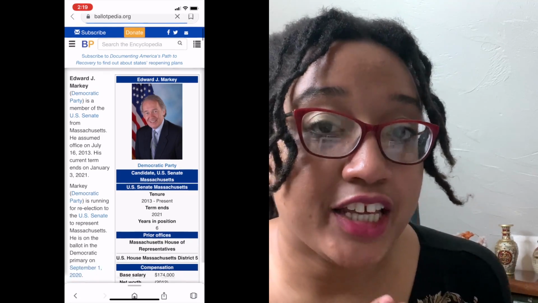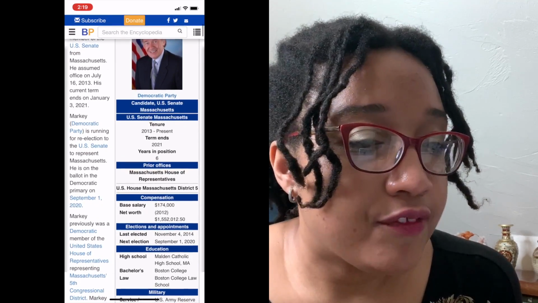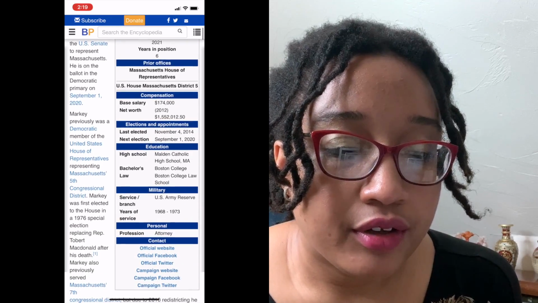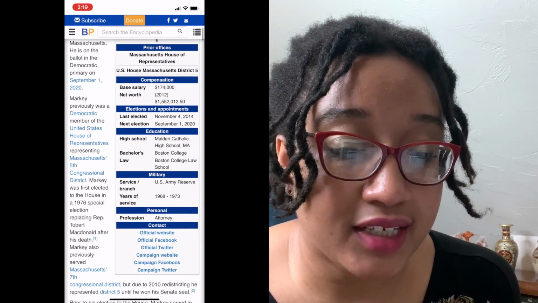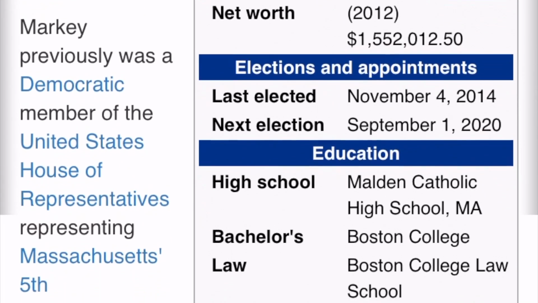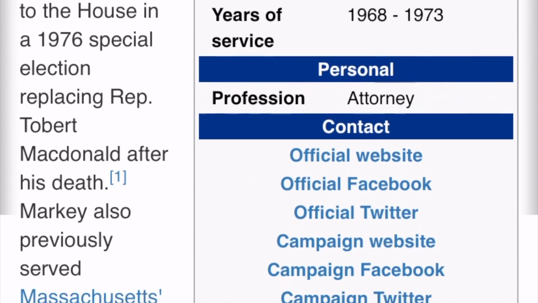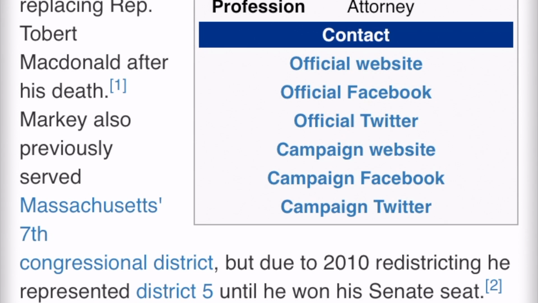Once you select the candidate that you're interested in learning more about, if you scroll down on the right-hand side of the page, you can see under the contact information section, their official website listed, as well as the links for all their social media accounts. If you're using the app, then it's a bit more in your face, and all you have to do is just scroll down and you can see it there too. So on this page, you can see both their campaign website as well as their official website. Feel free to peruse whichever one that you're looking to gain more information from.